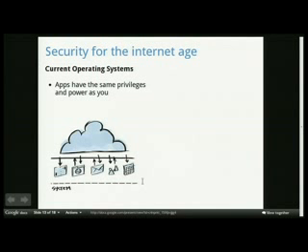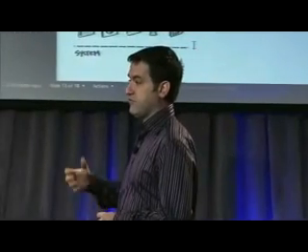It also leads users to have to make some very hard decisions on a conventional operating system. When you install an application, you're taking great risk. You have to make decisions about, do I trust this application? Where did I get it? Is it safe? And these are decisions that are hard for users to make good decisions about. In Chrome OS, we've